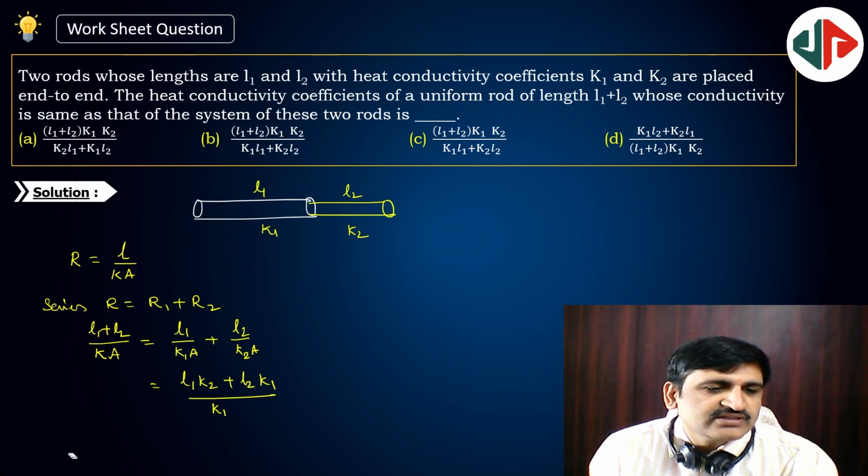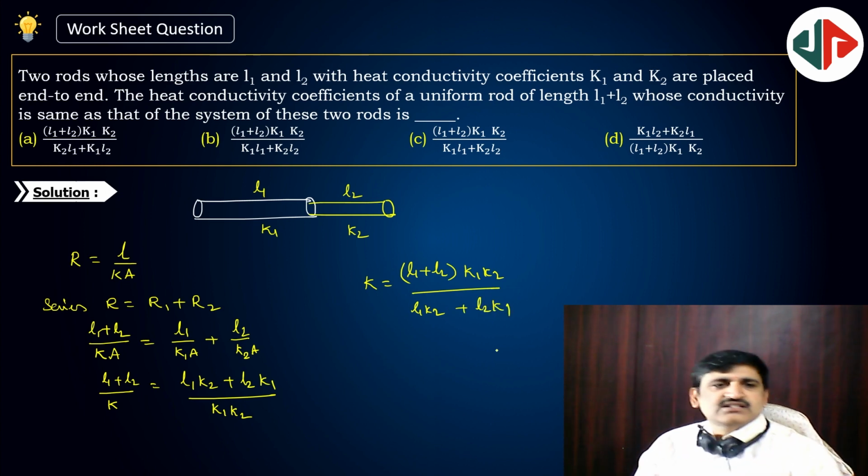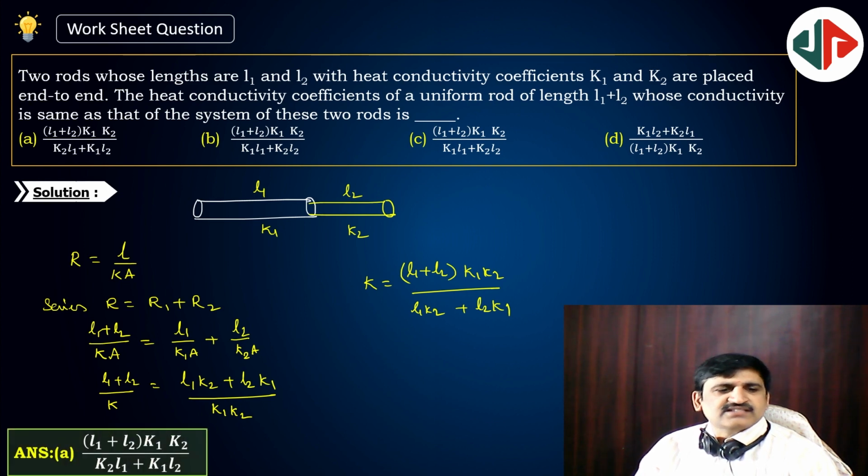This is the LCM, right? So K1 into K2, that is equal to L1 plus L2 by K. Now I want K. So K is equal to (L1 plus L2) into K1 K2 by (L1 K2 plus L2 K1). So this comes as the first option: numerator, okay, denominator K2 L1 plus K1 L2. First option, okay. Next,